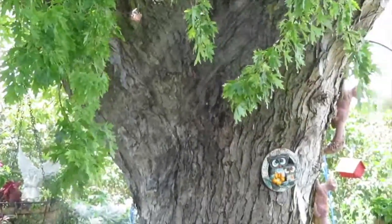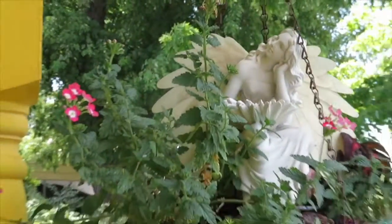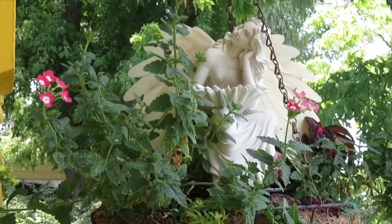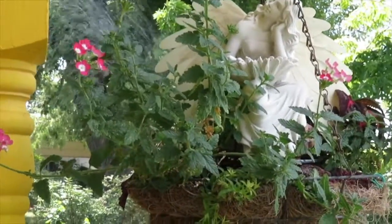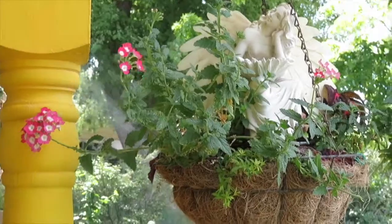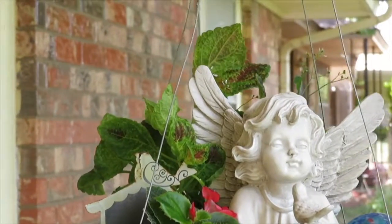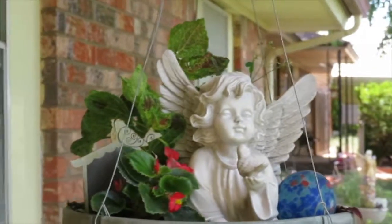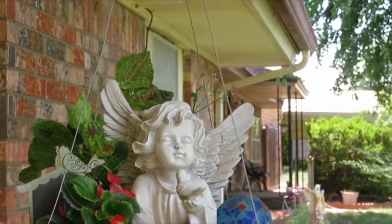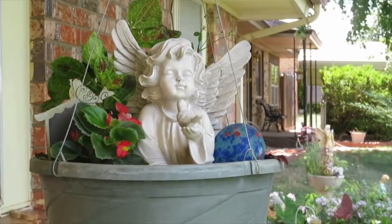But for now, all I've seen that I need to do personally with my container gardens is places where I've got mostly dark coleus, dark plants. I need to put some of the lighter colors, like this little bright green here, or even that little red, depending on whether they're in the shade or the sun. I need to get some brighter, lighter colors in some of mine where everything is just so dark, because